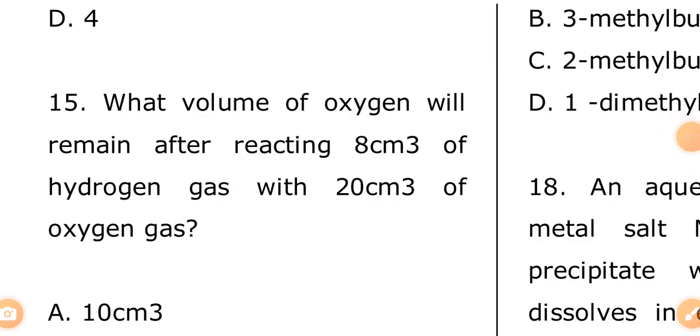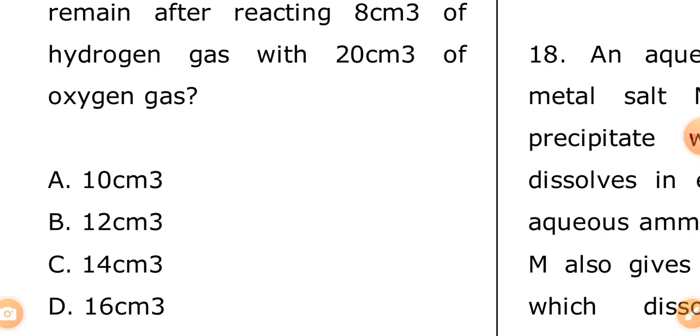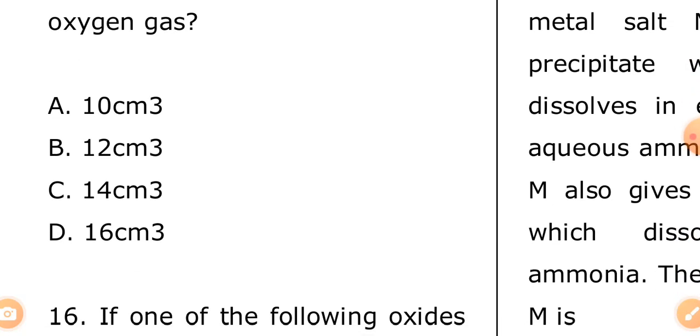What volume of oxygen will remain after reacting 8 cm³ of hydrogen gas with 20 cm³ of oxygen gas? 10 cm³, 12 cm³, 14 cm³, 16 cm³. The answer is D. Sorry, we are not able to solve. I will still do videos where we will solve the calculation questions. Okay,